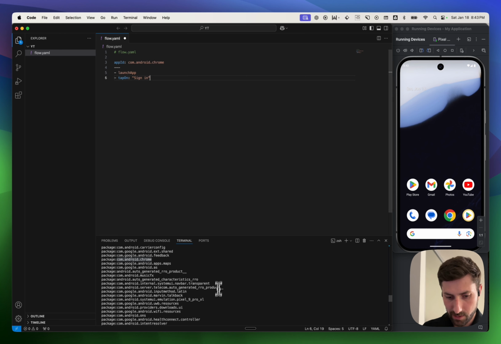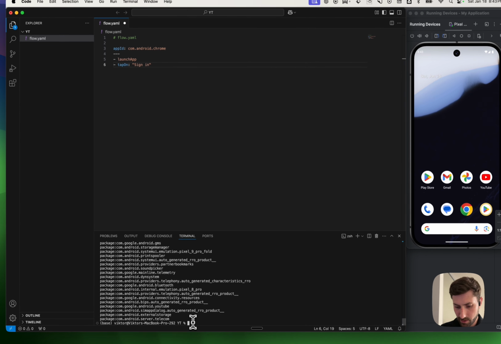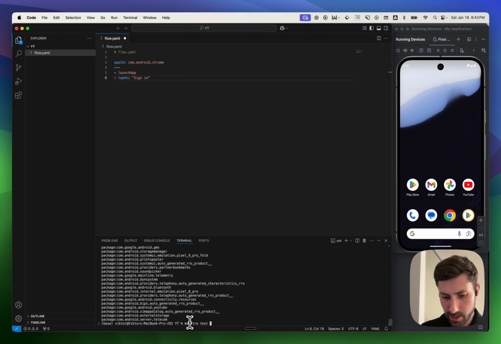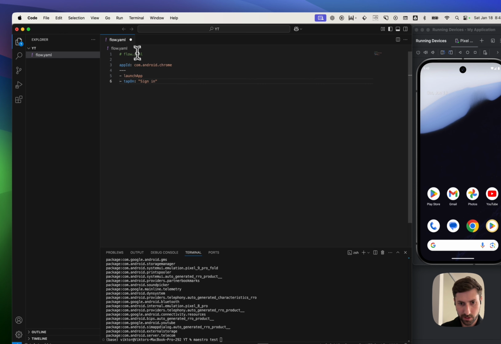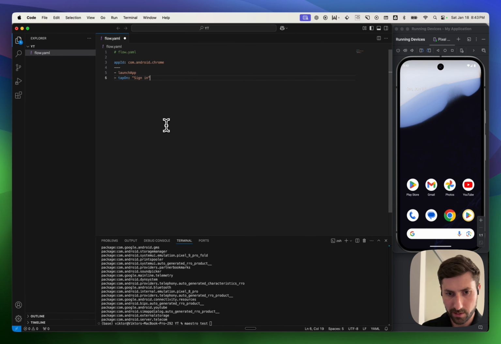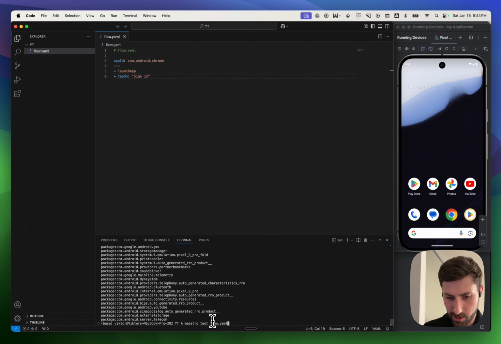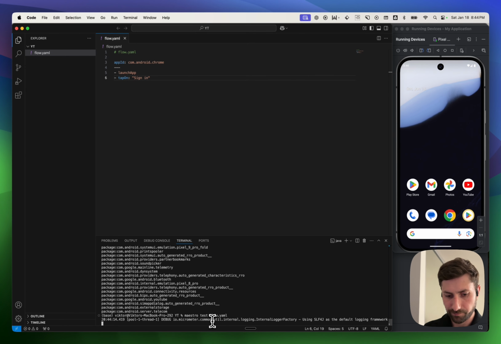Let's see. I'm gonna scroll all the way down, and I'm gonna type in maestro test and the name of this file that we have here. Actually, we want to make sure that we don't have any white circles there. I'm gonna press Command S to save it, to make sure all the changes we made are saved. So maestro test space flow.yaml. I'm gonna click return,